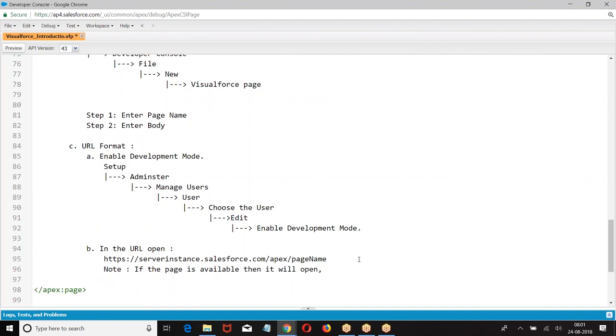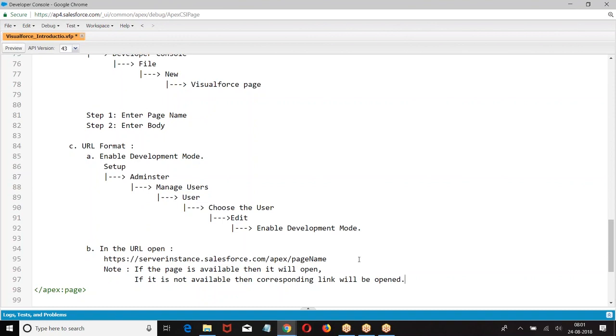Yes. If the page is available, then it will open. If not available, then the corresponding link will open.